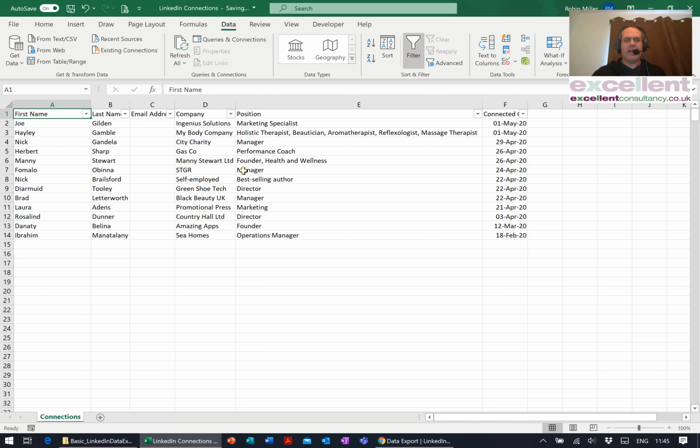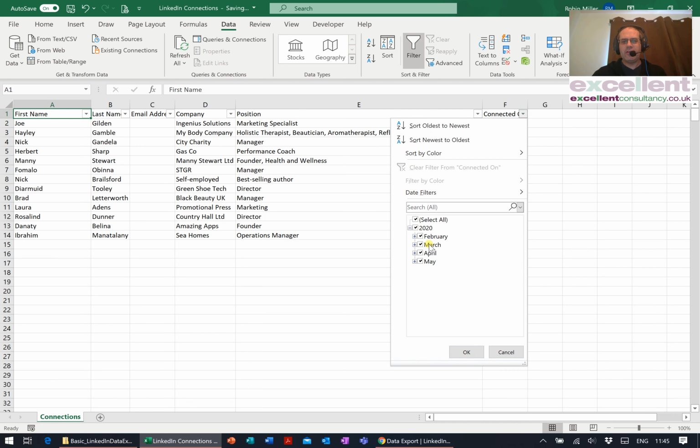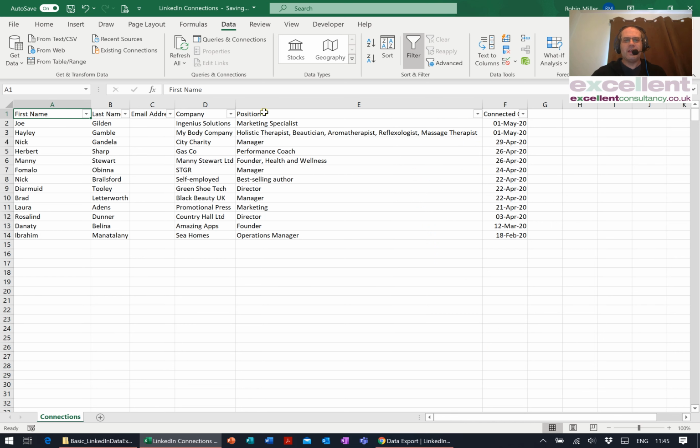At this point, this data is going to be very different for each person, so it's going to have all sorts of stuff in here. About the only thing you can really do with this is you can obviously filter by month or year that you connected with someone, or more likely is the position or the company, more likely the position. You're going to search for certain types of people,